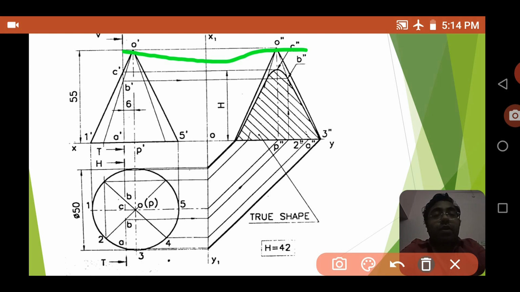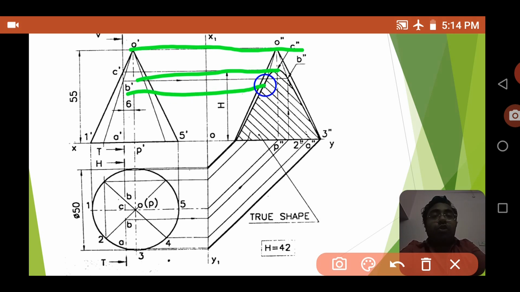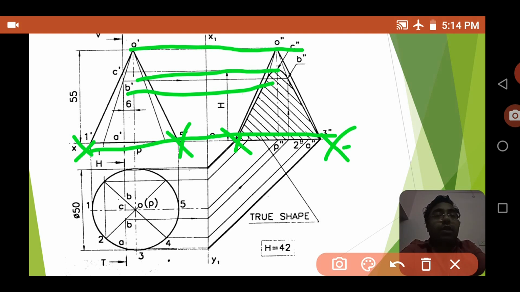Okay, sorry, horizontal line o dash to o double dash, and then c dash to c double dash, and b dash to b double dash, and then here is also the xy line. So you can mark that this distance and this distance are the same, this distance and this distance are the same actually. Okay, so that means